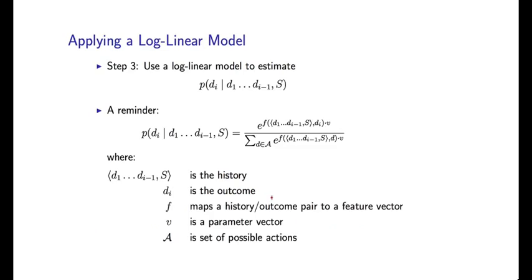So the basic idea is rather simple, actually. Following the usual definition in log linear models, this conditional probability is going to be e raised to the power f dot v, where f is some feature vector and v is some parameter vector, divided by a normalization constant where I sum out all of my decisions. So notice here I have f, which is a feature vector that looks at a history in combination with the